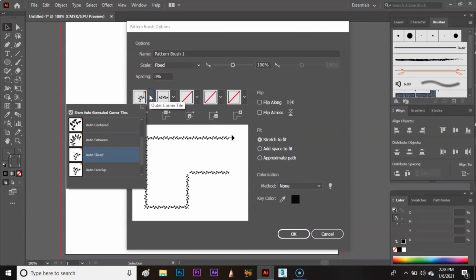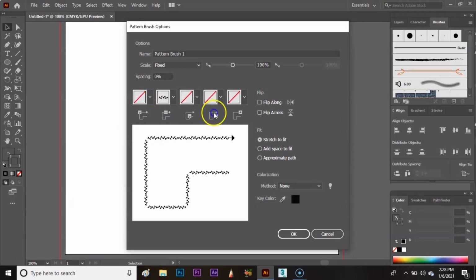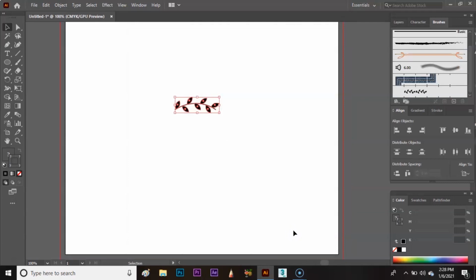Now we won't need a corner because our brush will be circular. So I am going to select the outer line tile None. Here select the colorization method to Hue Shift. If you leave None, your pattern brush will be in black and white. Click OK. Now select the ellipse tool